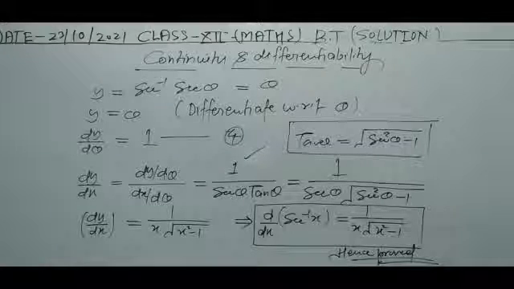Now in the next lecture I will discuss the next question, question number 6. In question number 6, x minus a whole square plus y minus b whole square is equal to c square, and we have to find the value of c in terms of dy by dx and the second order derivative. This question is also so easy. In the next lecture I will discuss this question.